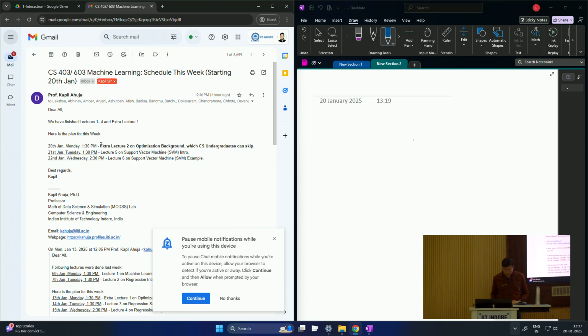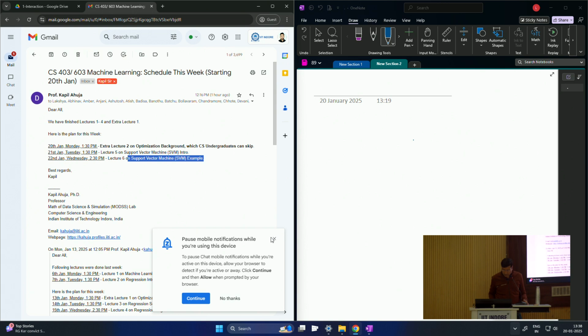So the goal today is to have a little more. We did lecture 1 intro, lectures 2, 3, 4 on regression. There was a little bit about regularization left, which we'll do tomorrow, because today I've kept it only for background for the non-CS people. That's the plan. Tomorrow we'll finish those 4 slides on regression and start the support vector machine intro, then do